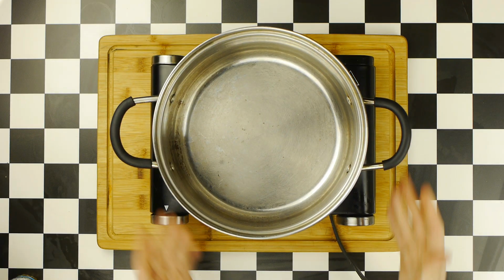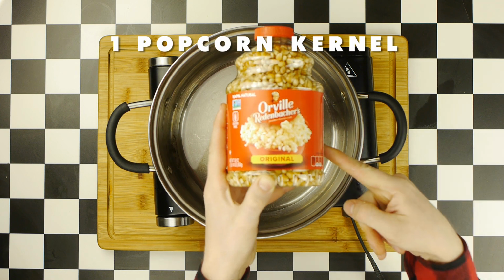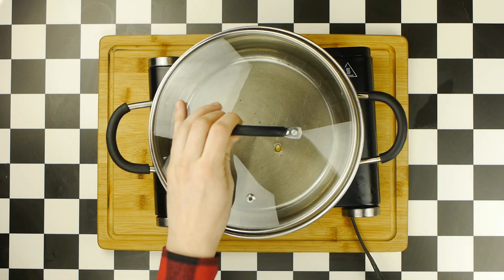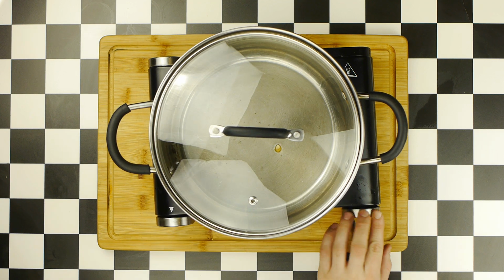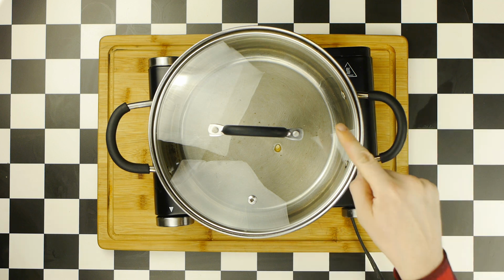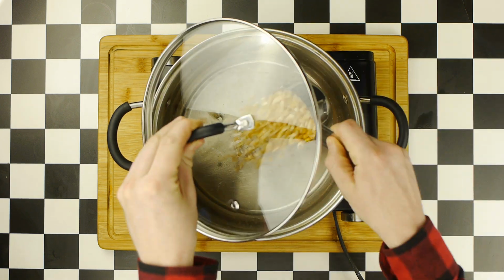starting in a medium pot, to which we'll add a 1/4 cup of vegetable oil, as well as 1 single popcorn kernel, which will act as a timer to let us know when our oil is heated. So we'll turn the stove to medium-high heat, and while we wait for that kernel to pop, we're gonna get a 1/2 cup of popcorn ready to go,